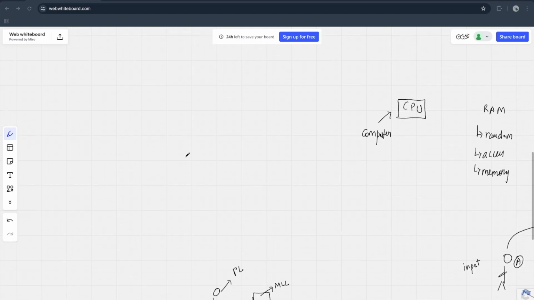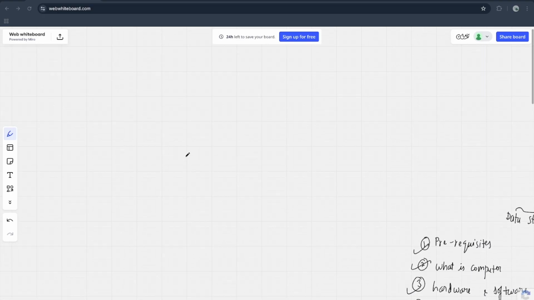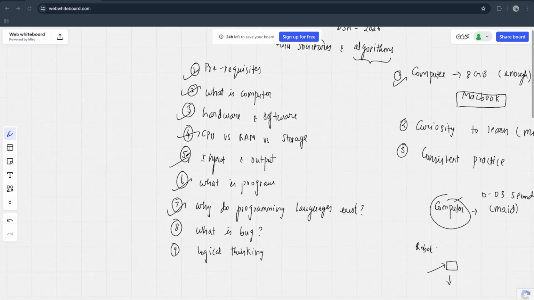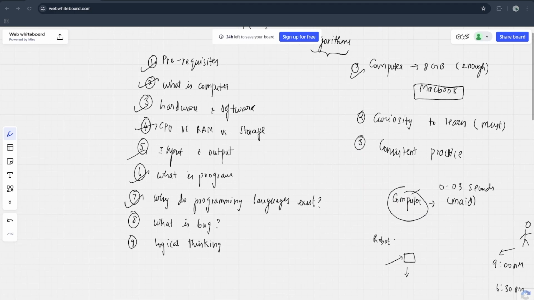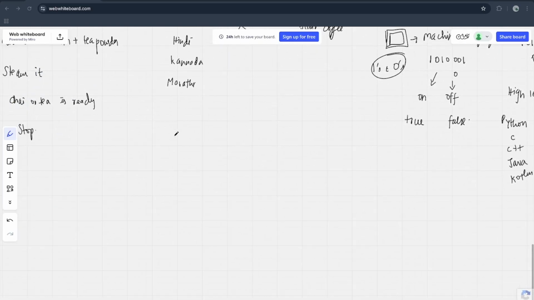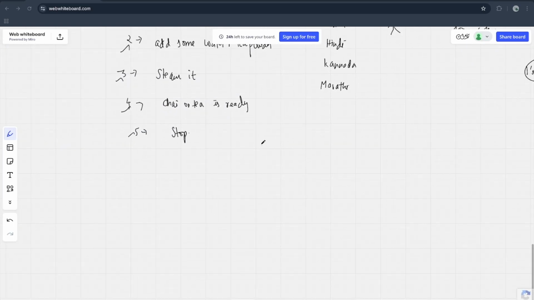Hope you understand the basic definition of what programming is, why we need programming languages, who a programmer is, and these things are really very important. Now we're going to end the session in the next 3 minutes, but this is just an introductory session. We need to cover what a bug actually is, and what we need to know about it.